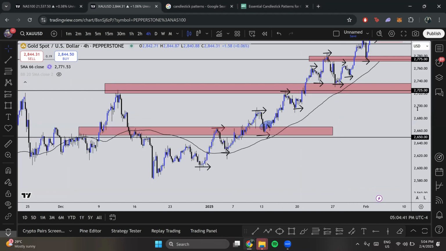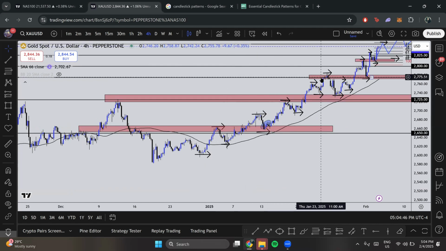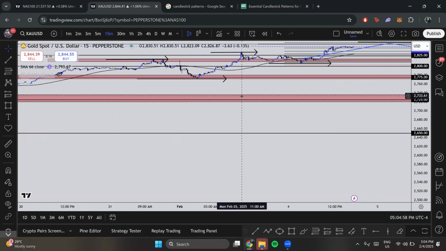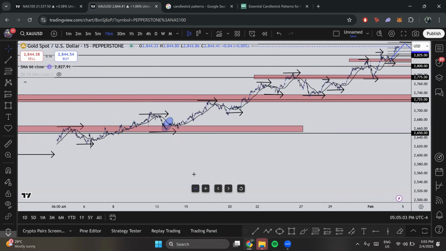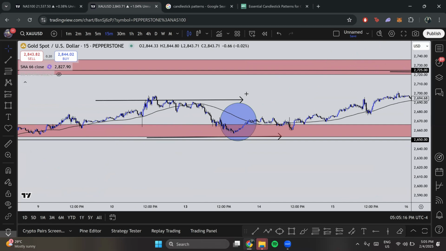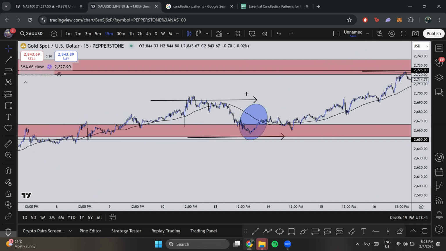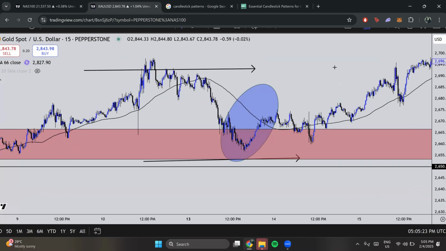So in market structure, we already identified an uptrend. Then we got the candlestick pattern. And inside the candlestick pattern, we have the lower time frame breaker structure,